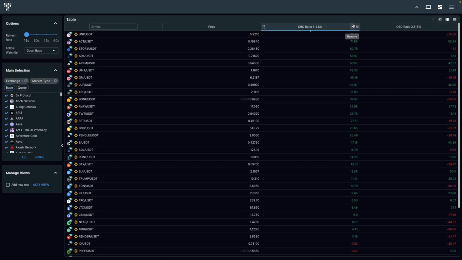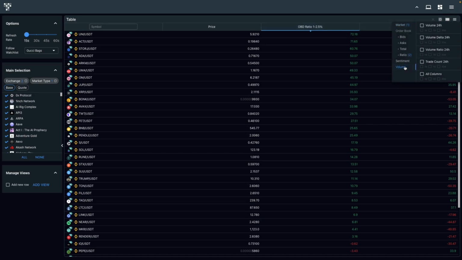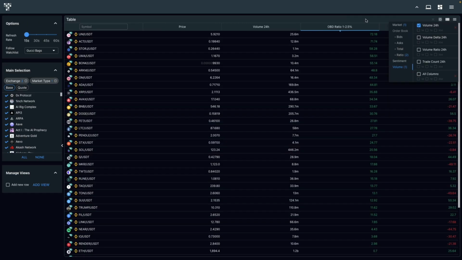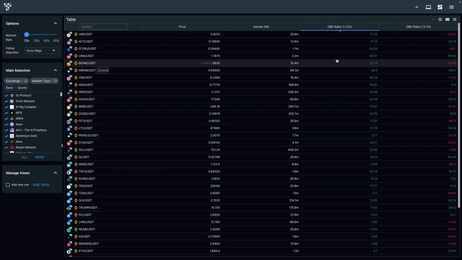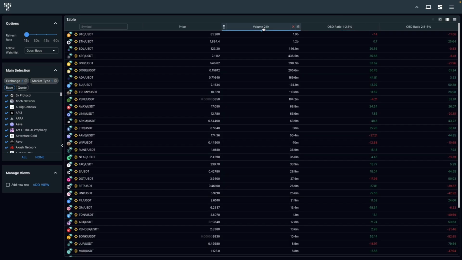Is the asset bid, or is it in supply? Is it in supply, or is it in demand? Okay, so I like to keep this simple. The only thing I do like to put in here is volume, actually, and I do like a volume delta, 24 hours. But if you were just to keep it very, very simple, let's just have a volume in here. And what you could see is, basically, if you just put it here, obviously, we know